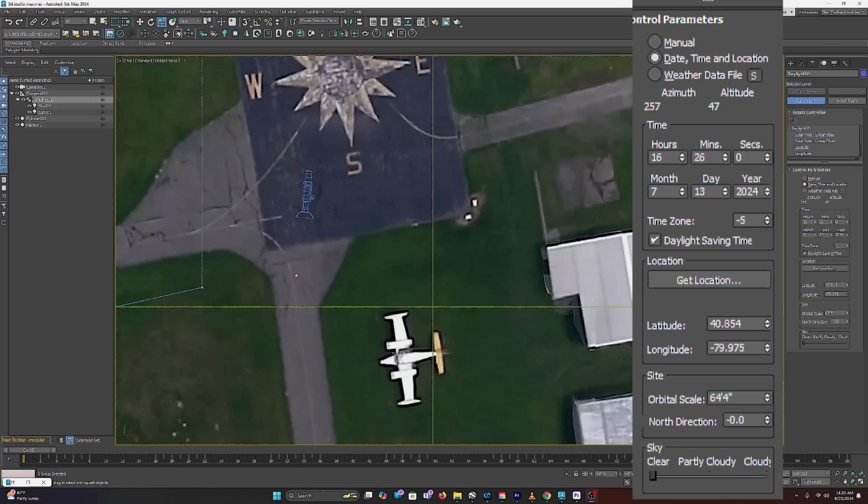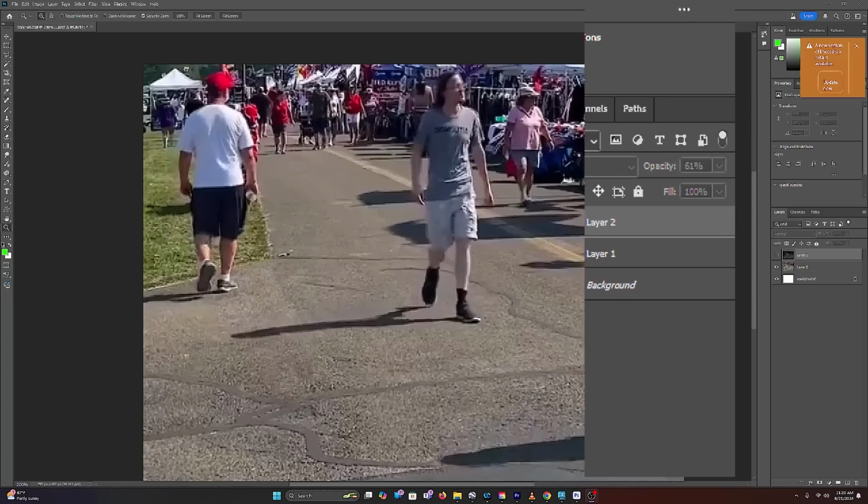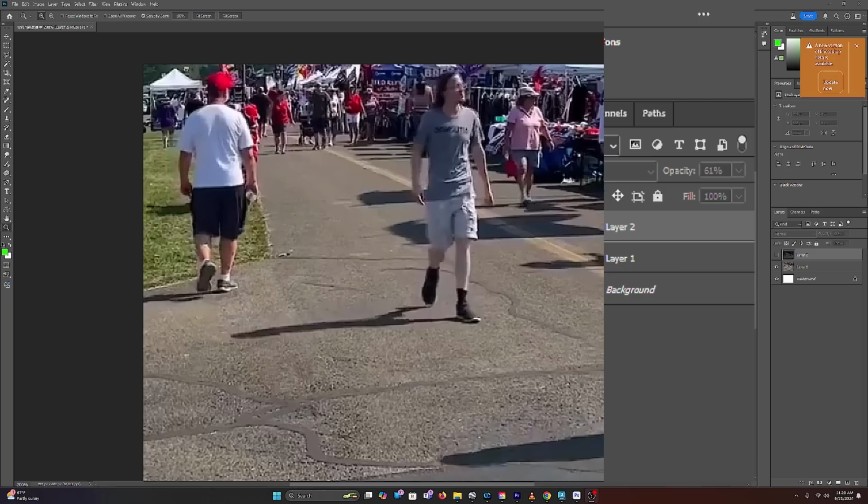I have it set at 1626, and 4:26 is the time that the video claims that was shot of Thomas Crooks. And what we're referring to is this image right here. Let me move this out of the way. Well, I guess it doesn't matter. It's fine right there. So this is Thomas Crooks, and they say that this image was at 4:26. Now, see the shadow angle that he has right there? I'm trying to determine if it's consistent with what 3D Studio Max comes up with.